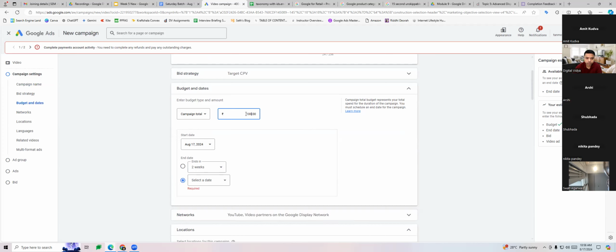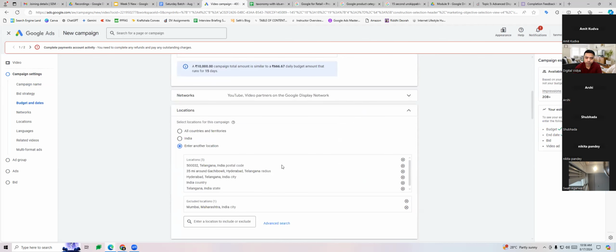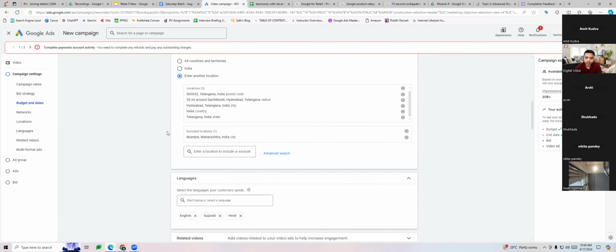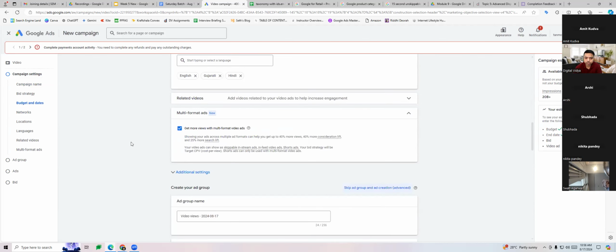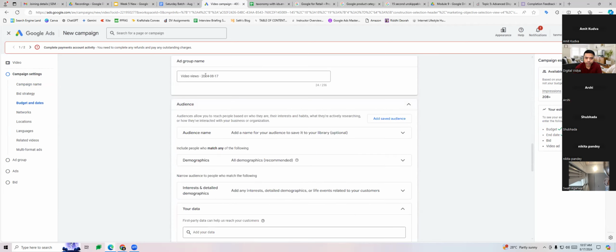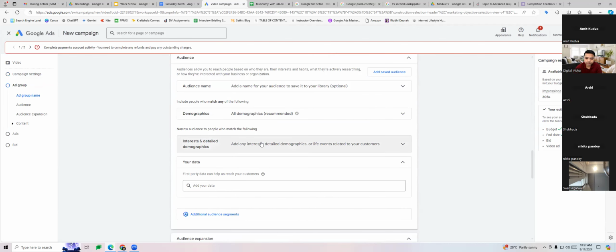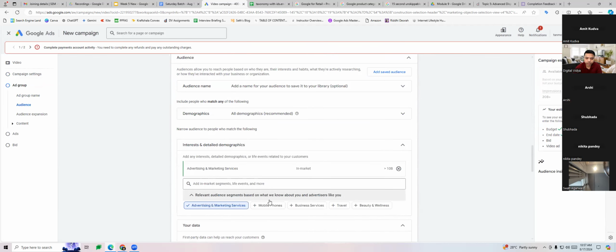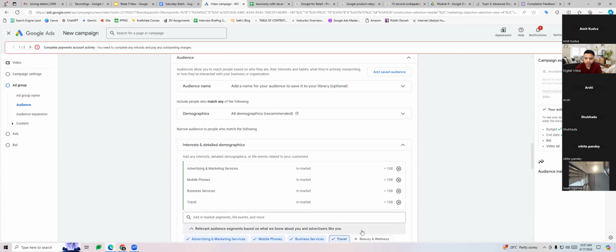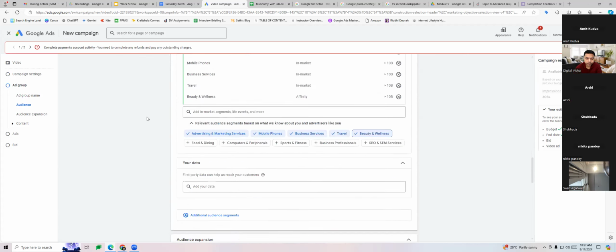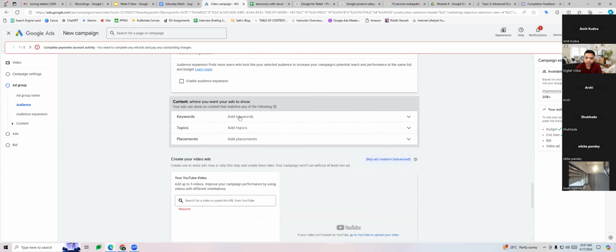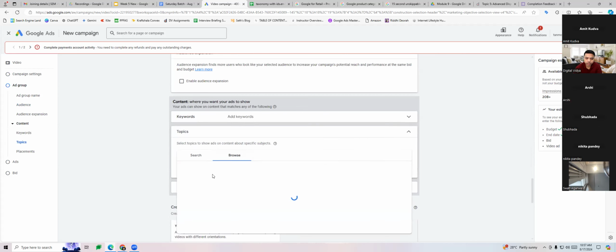Then campaign total budget, start date, end date, location targeting, language targeting is same, video ad formats, audience targeting, same as what we had done earlier, you can add those audience targeting. Content targeting also, if you want to do, let's do some content targeting.